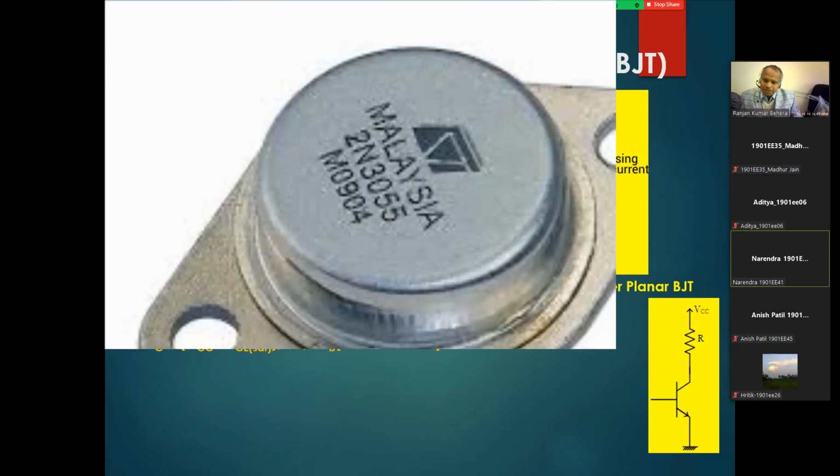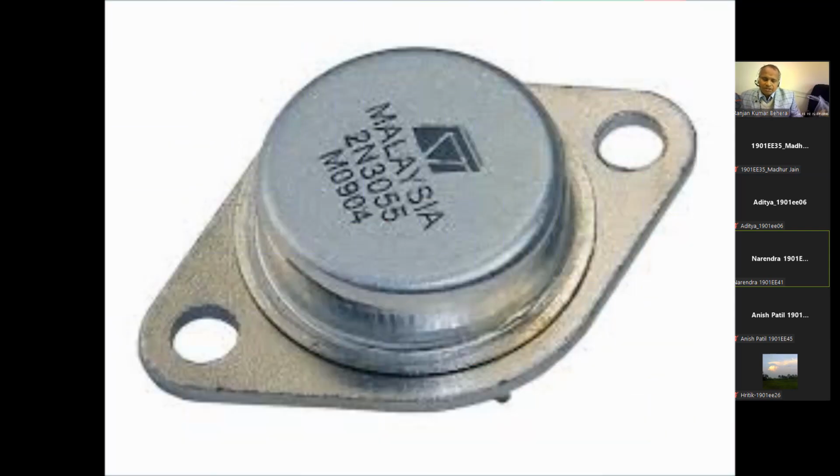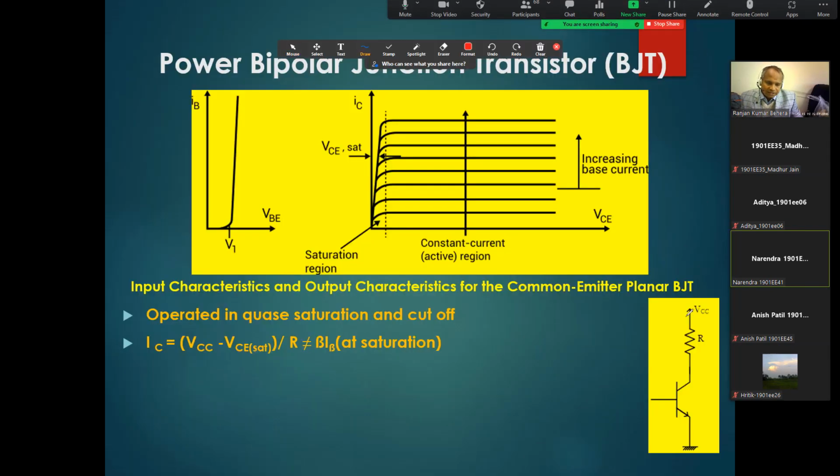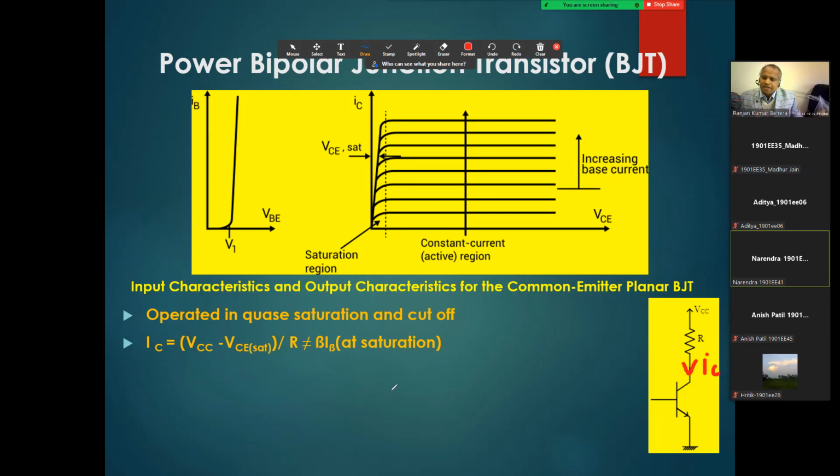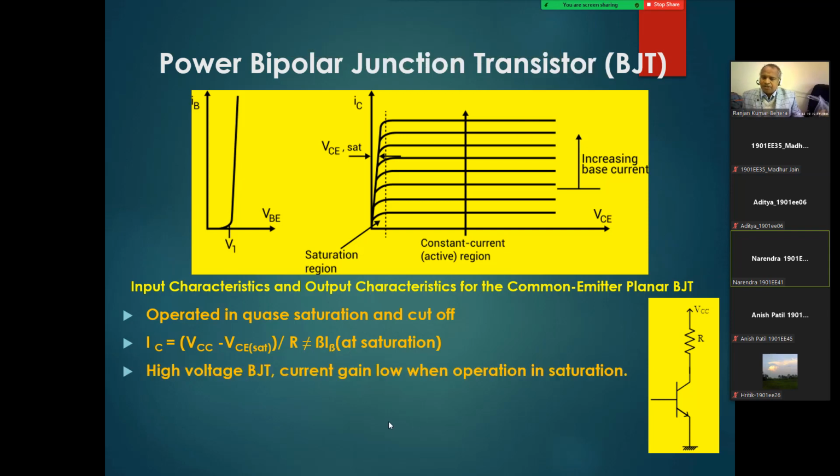So if you see a simple BJT, the current IC here, you can put it as IC, which is nothing but VCC minus VCE saturation, divided by the resistance. Okay, so when you see here,